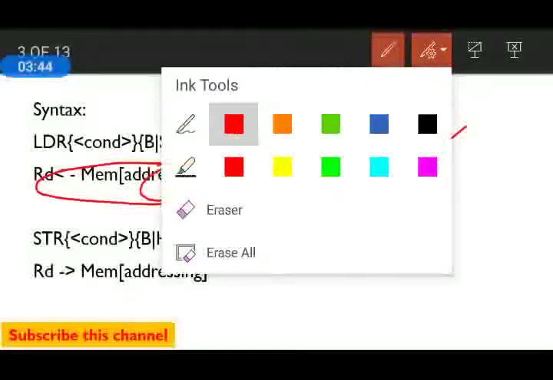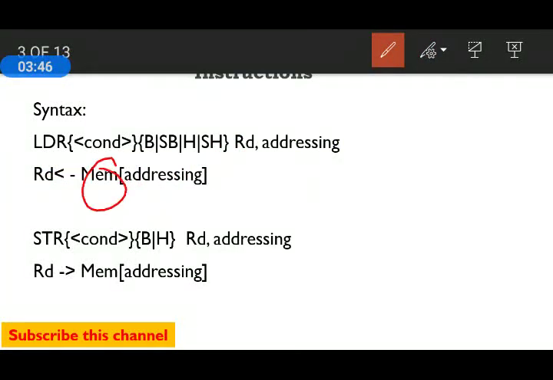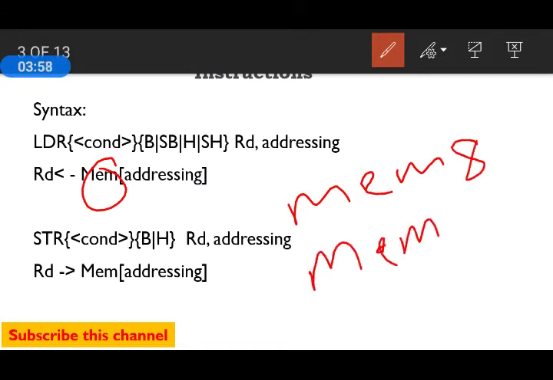Here you can see only memory is mentioned. It may be memory 32, memory 8, or memory 16. If we are transferring 8-bit data, it becomes memory 8. If we are transferring 16-bit data, it becomes memory 16. And if we are transferring 32-bit data, then only MEM is used to represent that in this statement.